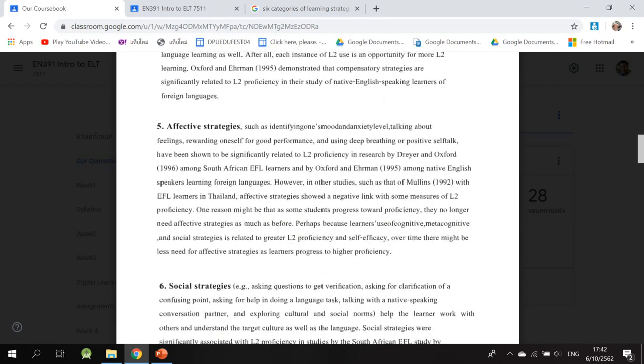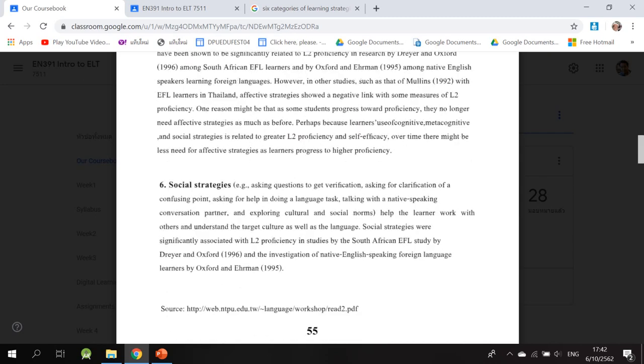Affective strategy, of course, if you develop your liking of something, it will help. If you don't like it, you will try to stay away from it. You have to develop your liking. Affective strategies, think of the benefits, think about the nice people, the favorite song that you actually use. And social strategies, yeah, you learn by talking to people. I use all of them actually.